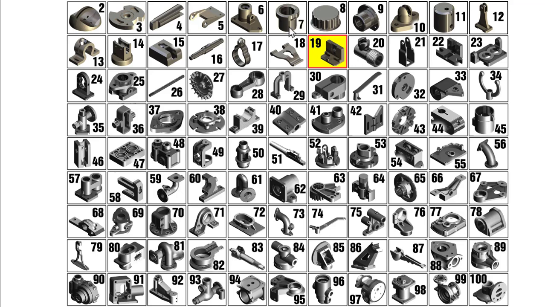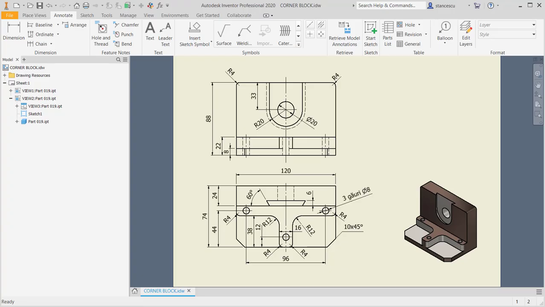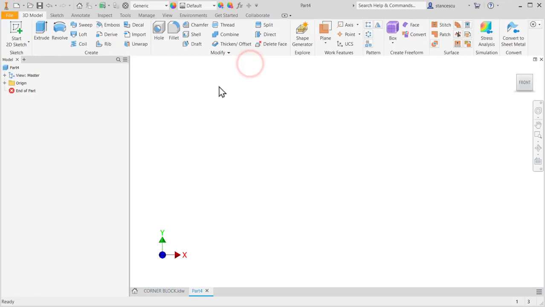Hi my friends, today we model this 19 part corner block from my collection of 100 parts. If we take a look at the drawing, we see nothing special: a plate at the bottom and some holes and a channel on the front wall. We start simply as usual by creating